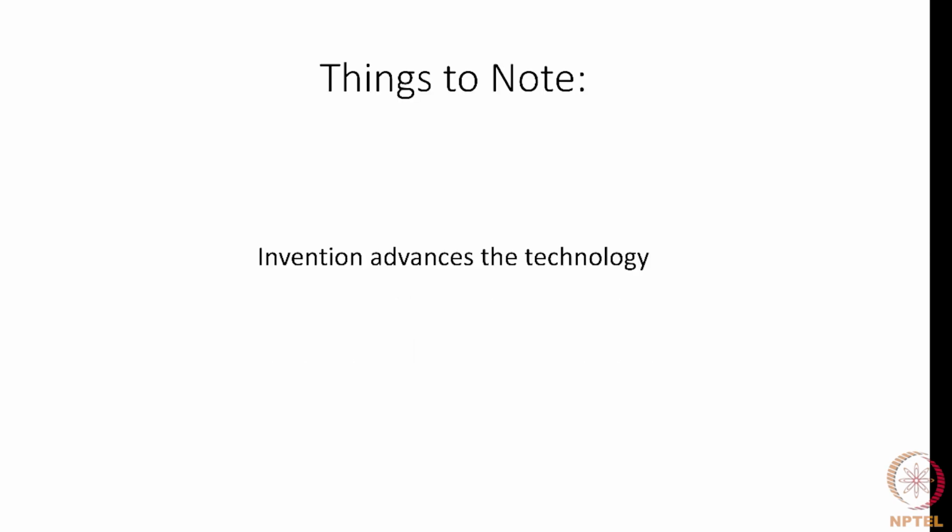Now, an invention advances the technology. So it's essential for an invention to advance the technology. And for that, we have to look at the invention in a field of technology. So the field of technology is what is also referred to as the background of the invention. The background part refers to the field as well as to the technology. Now, if you look at